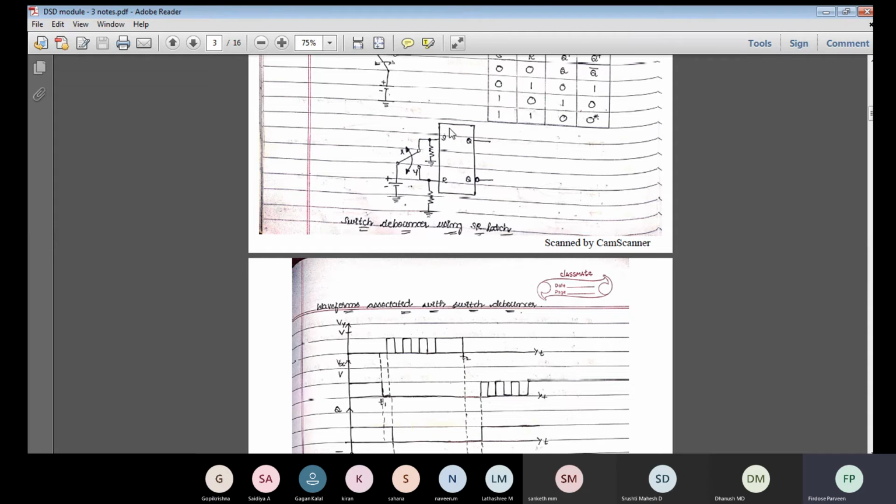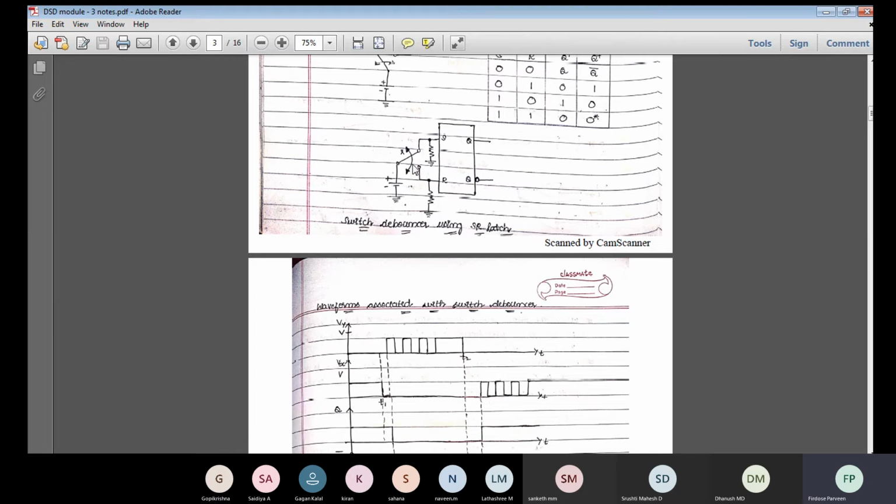Okay, so what is now? S is equal to 0 and R is equal to 1. So when S is equal to 0 and R is equal to 1, what will be your Q? It is 0 and 1. So now what happens? It will go to 0 like this. Okay, it will go to 0. Till here, again, what happens? It is 1. For a few minutes, it is 1.